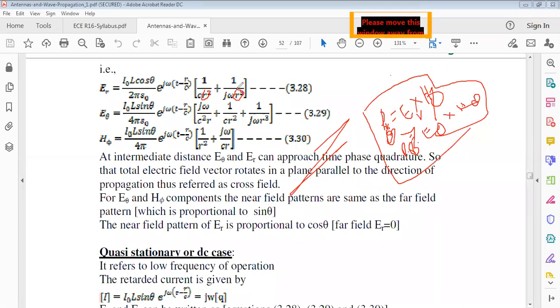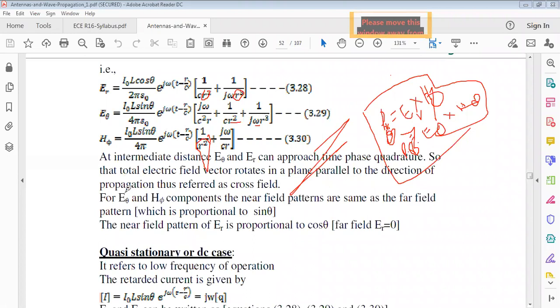Already I told you, just assume that the distance r is 2 kilometers. Then 1 by 2 square is 1 by 4, 0.25, and the distance becomes very small. That's why that becomes near field. 1 by r cube is very near field. 1 by r, which is 1 by 2, 0.5, is somewhat far field compared to these two terms. Similarly, this term is also near field. This term belongs to the far field, and when we multiply with the main component, just the magnitude. That is the point.